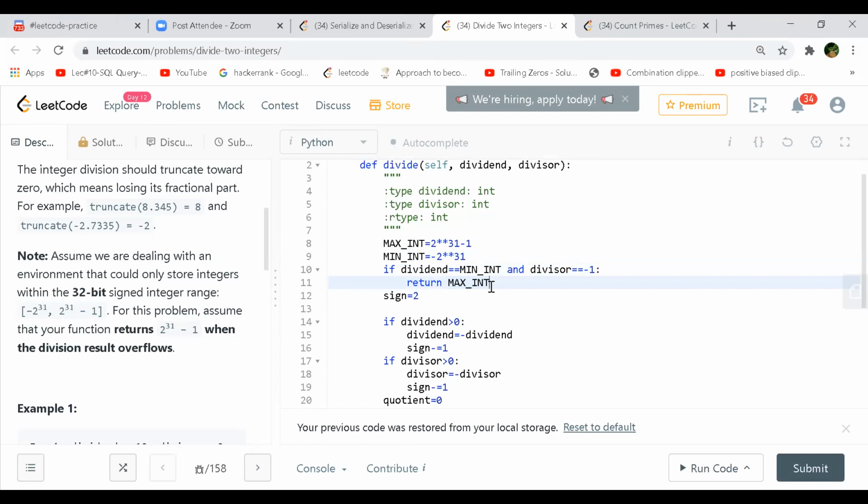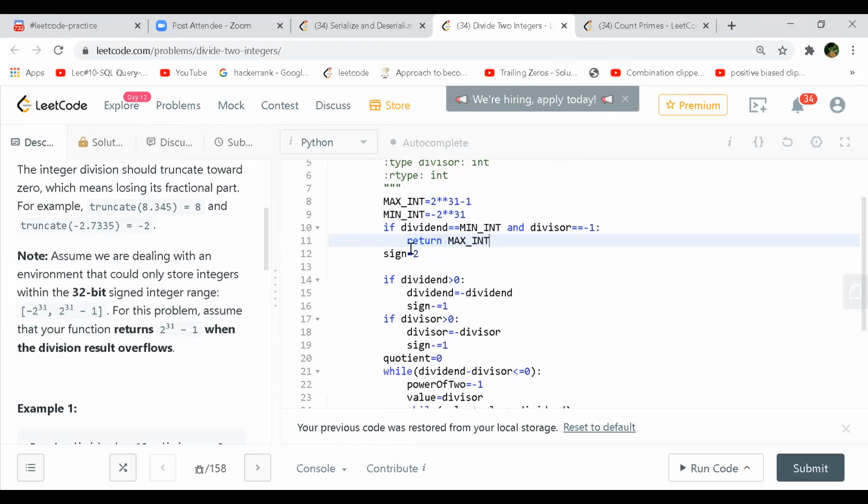Okay, so let's go on. Same thing like what you have explained. If both of the values, dividend and divisor, are positive, I'm taking the sign as a flag, and we'll see the advantage of it here. So the sign is minus one and minus one. If your sign value is 0, that means both of them were initially positive and so you converted both of them to negative, right?